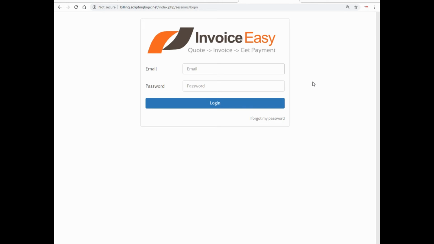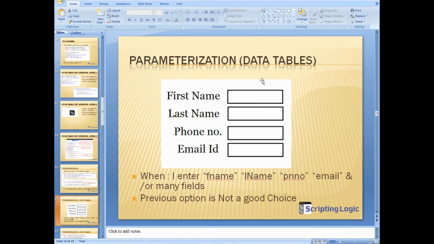Or if suppose there is some other registration page wherein there are some more different inputs you need to put, and you need to have different sets of data. For example, let's say this registration form, and here, if in case you want to give different sets of data, so in Selenium we have a provision of data provider, right?